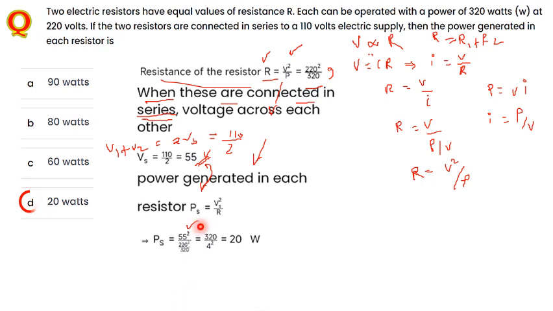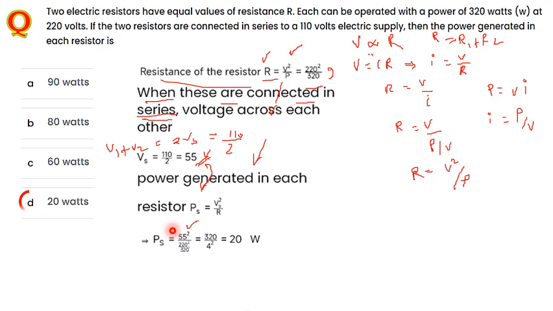Now substitute the value in this case. From here, the V square value, and even R you just find out from this one. Substitute the value. Say 55 square, you can write 55 into 55, divided by 220 into 220, and 320 will come here. So 55 by 220 is 4, and again one more 55 by 220 is 4. 4 into 4, 4 square, and 320 divided by 4 square, if you divide this one, what you are getting, that answer here is